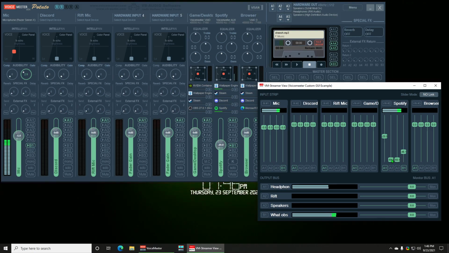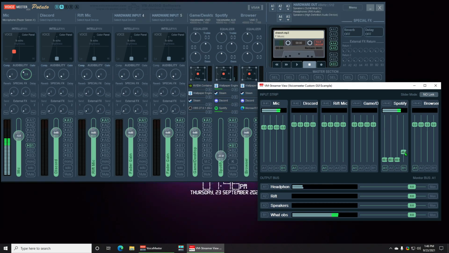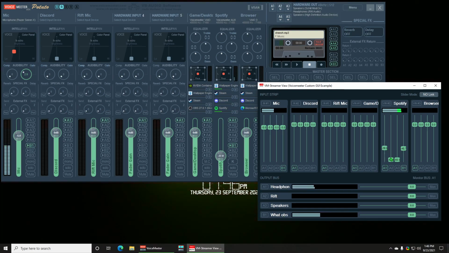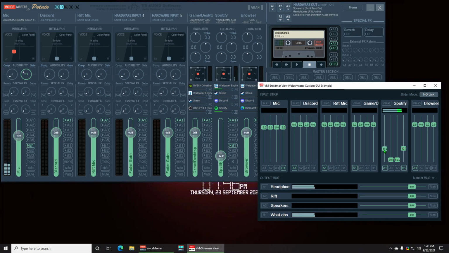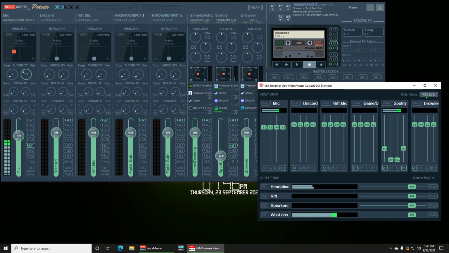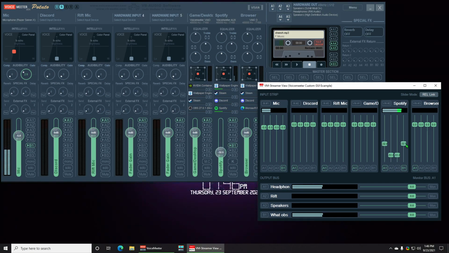So for A2 and A3, I can make those actually muted. But now you guys are the only ones that are able to hear the music because it's going through B1, because that's what OBS hears. So now say I do this. Now if I click, what is this called again? Relative. So relative, if I have it on relative, now when I move this, it's keeping everything the same and